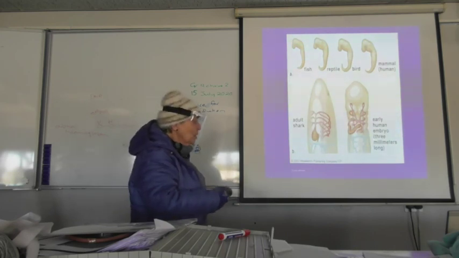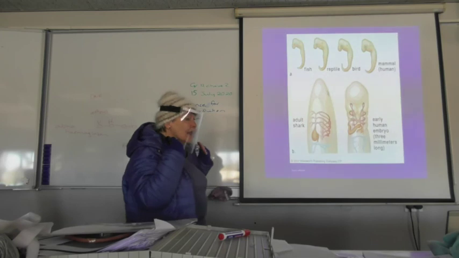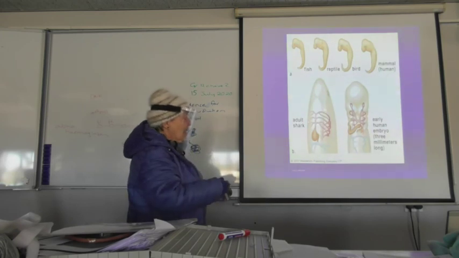And if you look at the blood vessels in the neck region of an adult fish, with lots of blood vessels going to the gills,